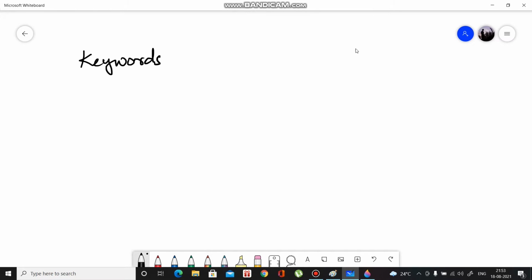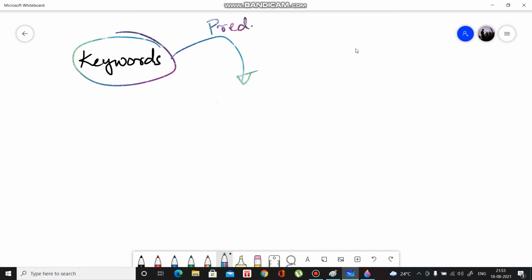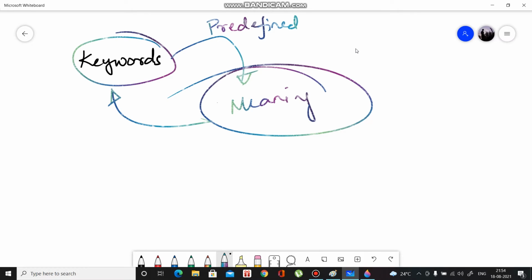Every programming language has a set of keywords which are reserved words having a predefined meaning. These are predefined words which have a particular meaning, and you can't change that meaning or change a keyword.